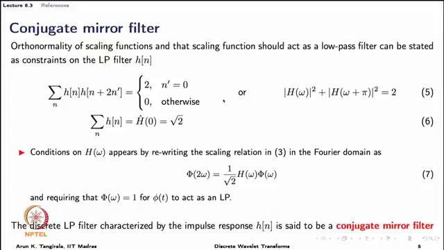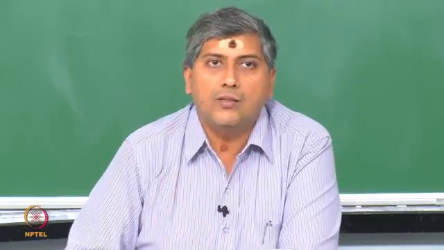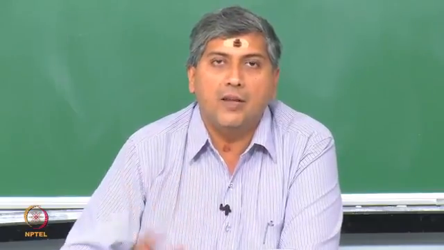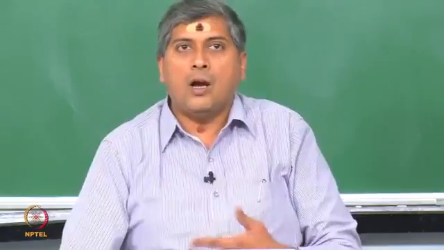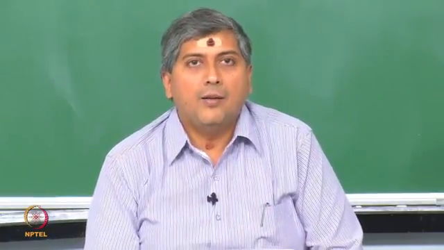So, any sequence that satisfies these conditions, and then there is another mild condition that is sufficient, not really necessary, qualifies to be a low pass filter that can be associated with a scaling function. So, I can start off with this low pass filter and I can generate my scaling function. Now, you understand how the Daubechies wavelets are arrived at.